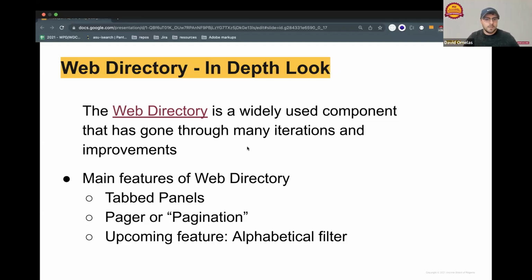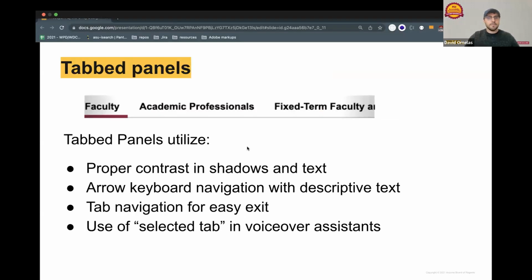Yeah, so let's go through the tabbed panels. You can find this on the faculty rank. It's one of the newer web directory listings, so you might not have seen it. But we made sure to utilize proper contrast, the shadows and the text, and keyboard navigation to make sure each selected tab